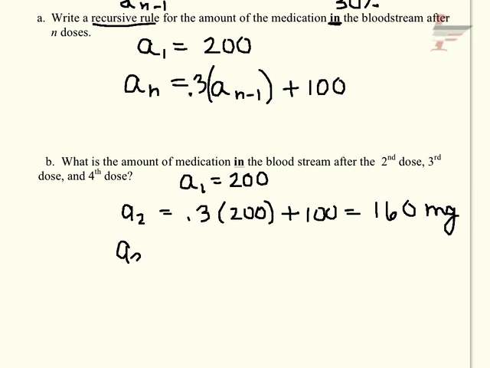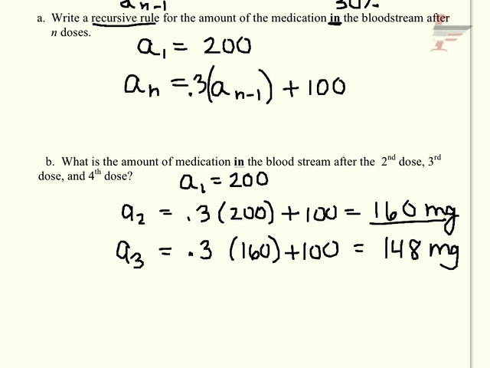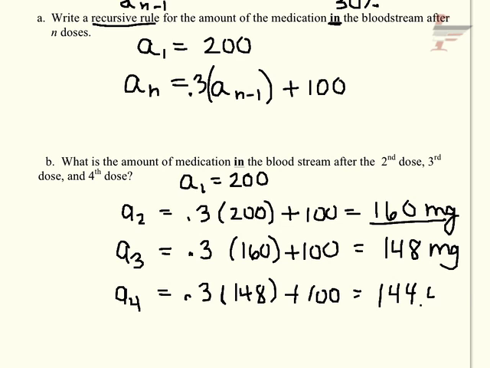milligrams. My third dose is going to be 30% of what was left previously, so that's the 160 from here, plus another 100 milligrams, and that's 148. And then my fourth dose is 30% of that 148, plus 100, and that's 144.4